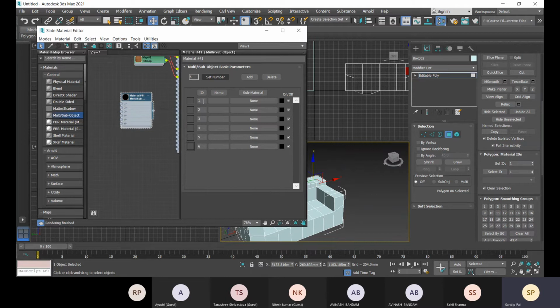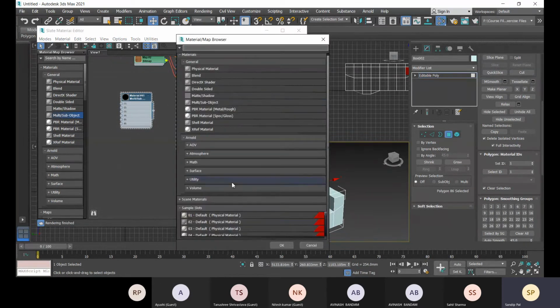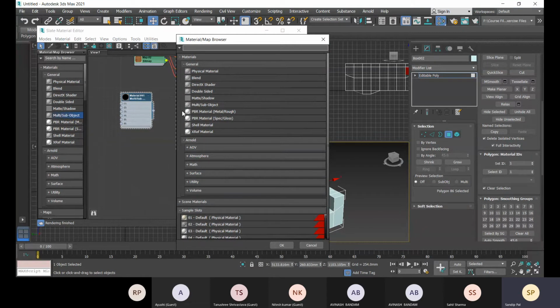So this is the ID, and you can name each one, and you can change the visibility with this on off option. And this is the map you will be applying. Here you can also go with physical material, so you can go to this physical material and apply it to this.